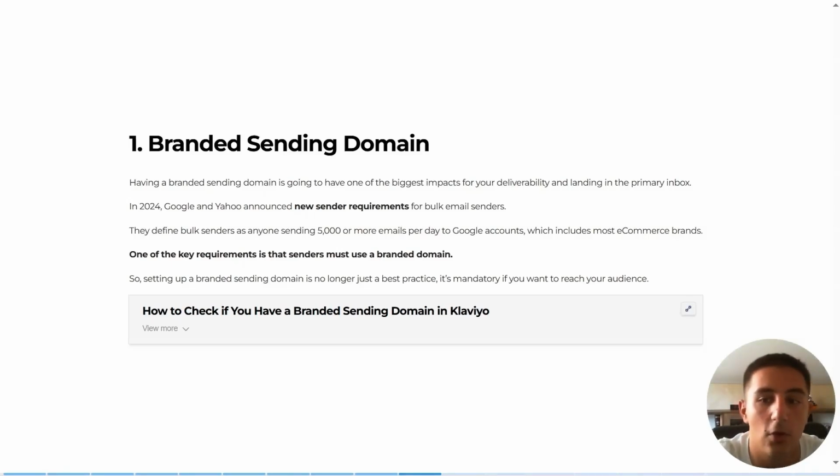In 2024, Google and Yahoo announced new sender requirements for bulk email senders. And if you're wondering, they define bulk senders as anyone sending 5,000 or more emails per day to Google accounts, which includes most e-commerce brands. And one of the key requirements is that senders must use a branded domain. So setting up a branded sending domain is no longer just a best practice, it's mandatory